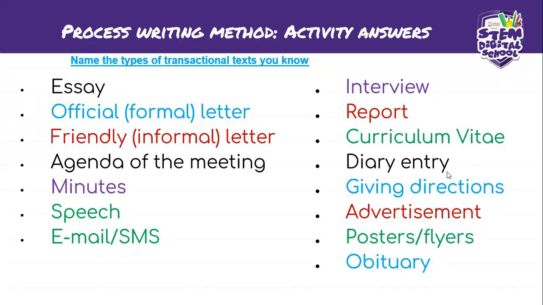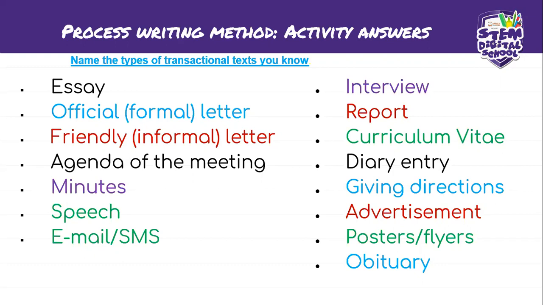Then the next one we have is the diary entry. The diary entry is when you write as if you are reflecting on whatever happened. Like I have already made an example, since it's Tando's birthday, you'll be writing a diary entry about how your day was, how you felt today, the things which happened today, and how those things made you feel. So a diary entry is very personal. It is you as a person speaking with the paper that you are writing on.